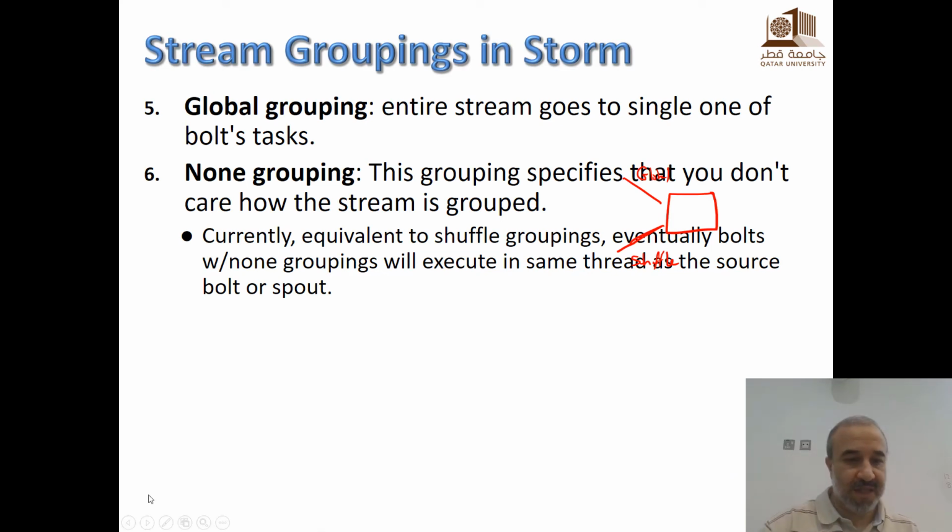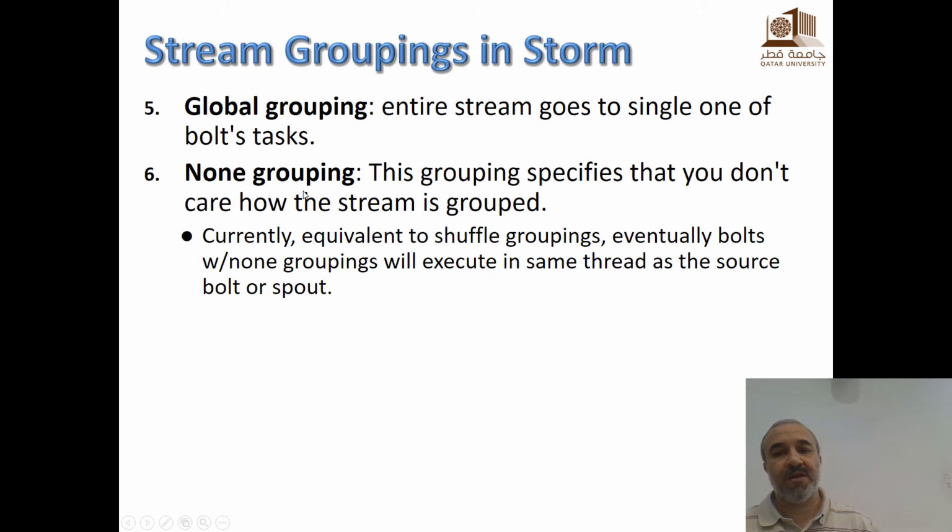The next one is none grouping. In none grouping, you don't care how the stream is grouped. So you leave it to the framework, to Storm. Currently, it is equivalent to shuffle grouping, which is random. Eventually, the bolts that are defined with none grouping will execute in the same thread, so it allows more efficiency.